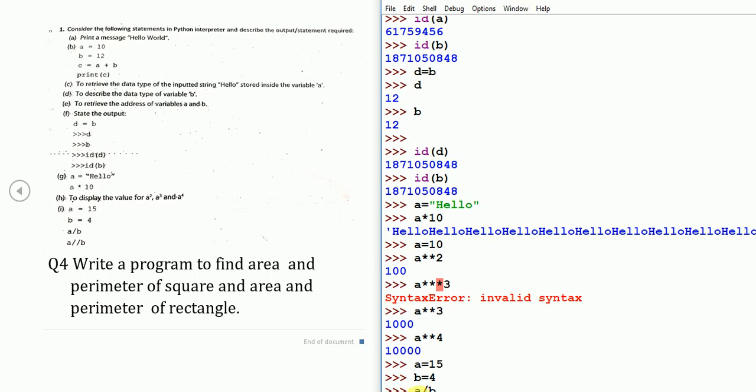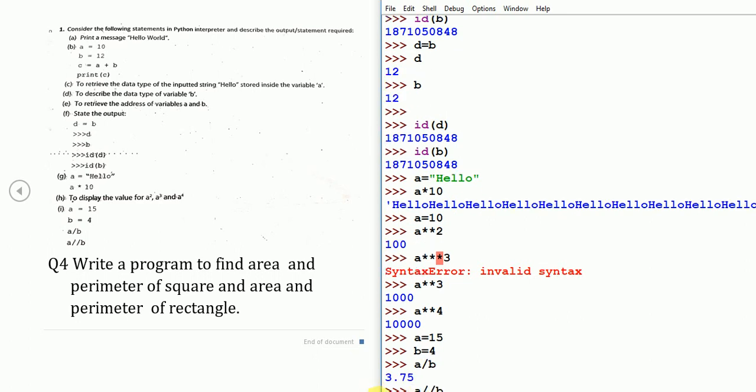Now let us check this one. Here the answer is only 3. So the difference between the division operator and the floor division operator, where this sign is known as the division operator and these two division signs are known as the floor division operator, is that the division operator gives us the number with the decimal part also, but the floor division operator gives us a number with only the integer part. Out of 3.75, the integer part is 3, so that will be given as the answer in the floor division operator. Now these all are complete. Let us revise them once again.